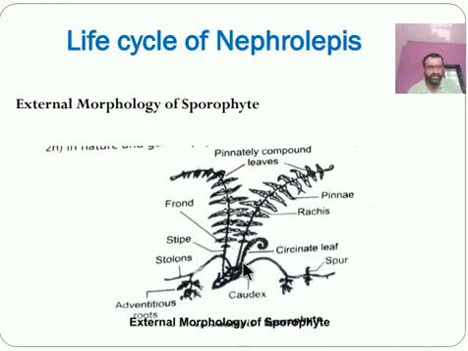These are the younger leaf-like structures, known as circinate leaves, and this is the mature leaf here. That mature leaf has pinnae and a rachis on which the pinnae come, with the frond at the basal side, and these are pinnately compound leaves like a neem tree. Neem also has a pinnately compound leaf, and these leaves look like neem leaves.